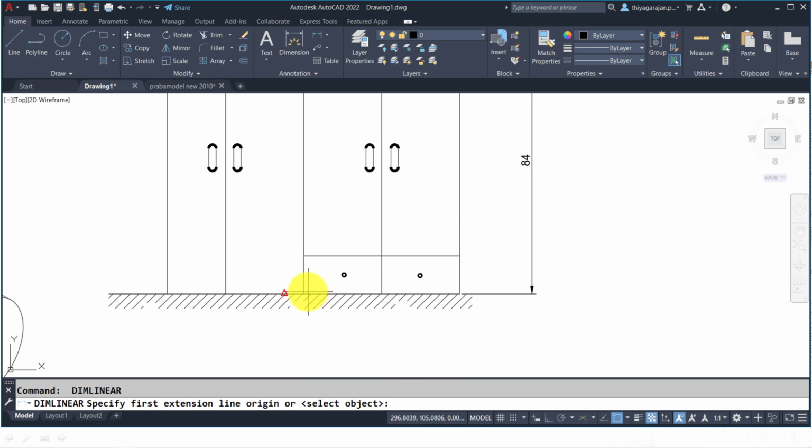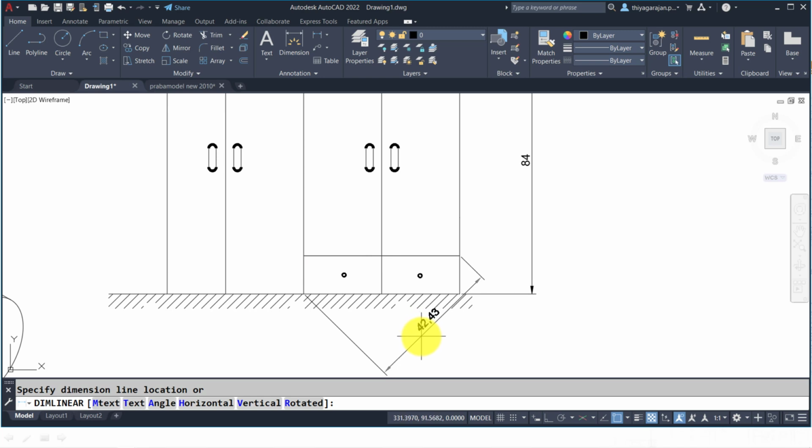In a similar way, I'm going to choose first extension, second extension. If you want to keep this as an inclined dimension, and you know the angle between the first and second extension lines, you can give it. Let me go for rotated. I don't know exactly, so let me keep it as 45. Imagine if this is at 45 degrees, what will be the measurement? You can keep it. Okay, right. But this is not the exact length.